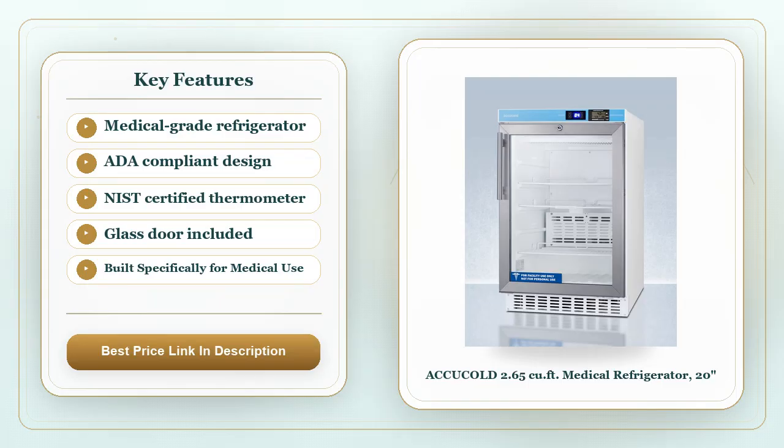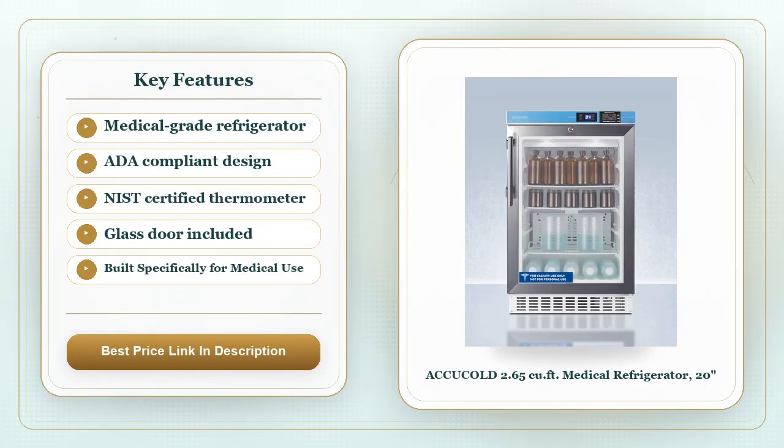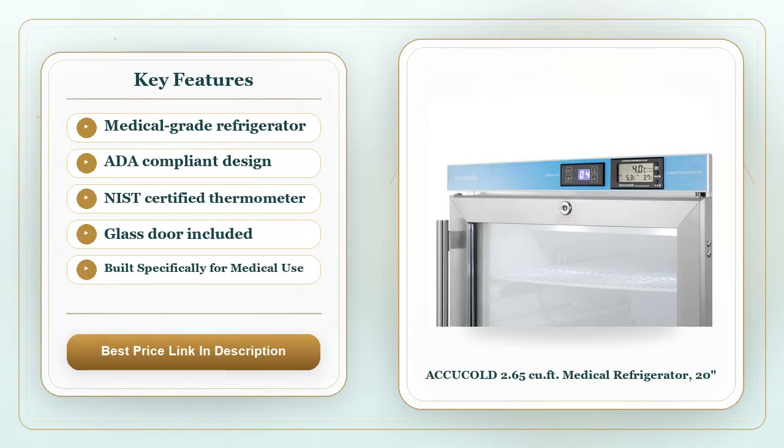The interior comes with a few fixed glass shelves, which work fine for vials and small boxes, but if you need to store taller containers like certain bulk vaccine vials, you'll have to rearrange or